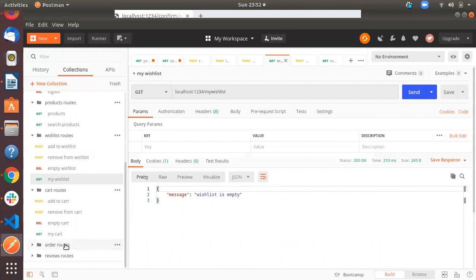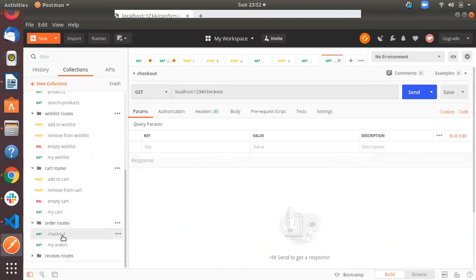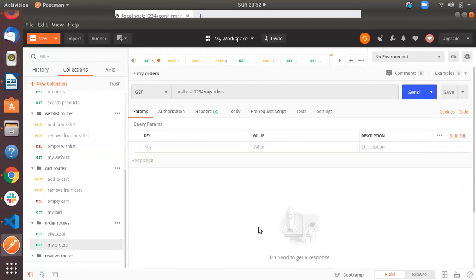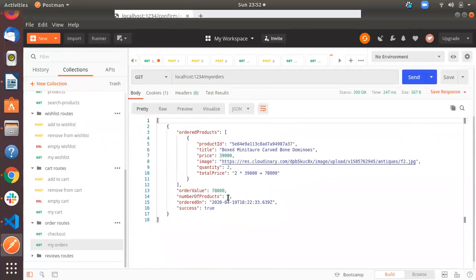And if the product is in your cart, then you can obviously check out that product. If you click on checkout and then send a request, the products which are in your cart, I'm so sorry, will be placed as an order, and you can see them in your orders. As I send a request from here, you can see a total of two products I have placed an order for, and these products will be shown to you.